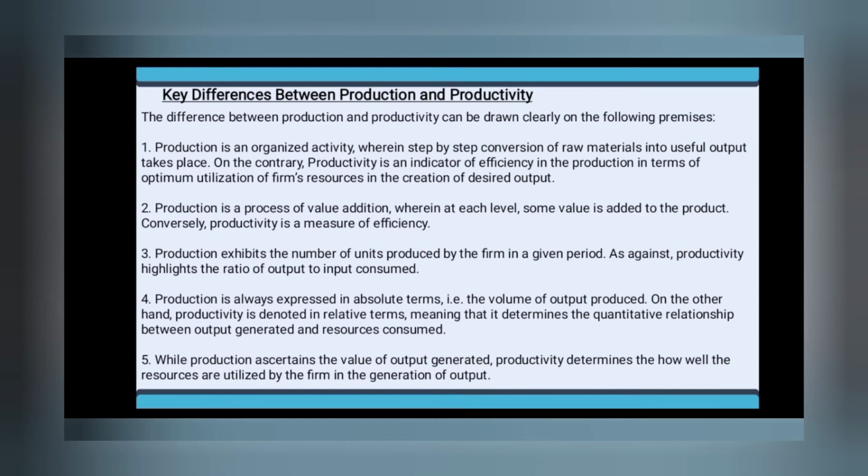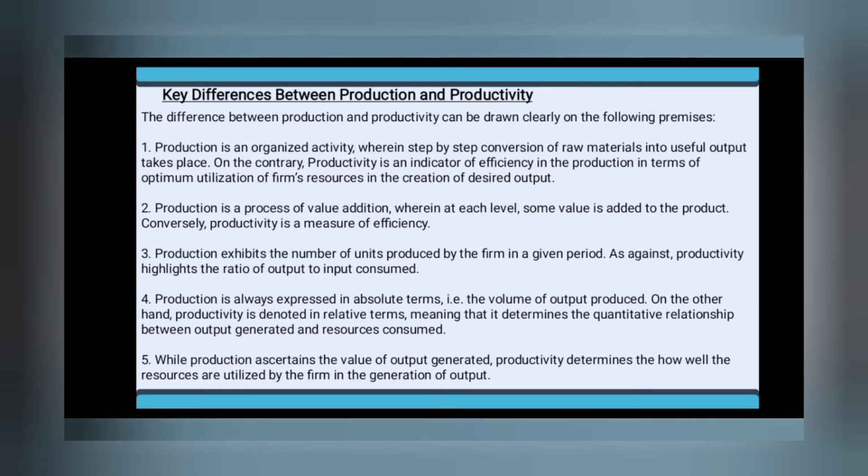Here you can see the key differences between production and productivity. The difference between production and productivity can be drawn clearly as per the following premises. Production is an organized activity wherein step-by-step conversion of raw materials into useful outputs takes place. On the contrary, productivity is an indicator of efficiency in production in terms of optimum utilization of firm resources in the creation of desired output. Production is a process of value addition wherein at each level some value is added to the product. Conversely,